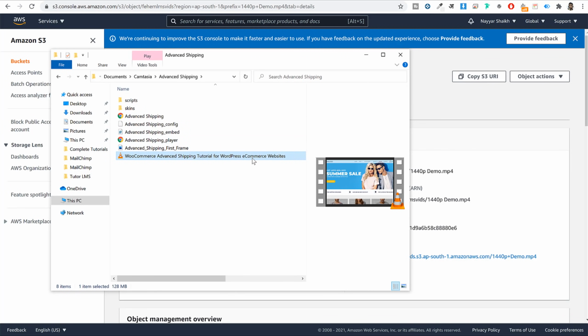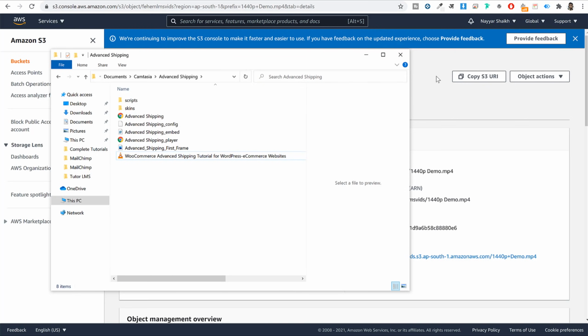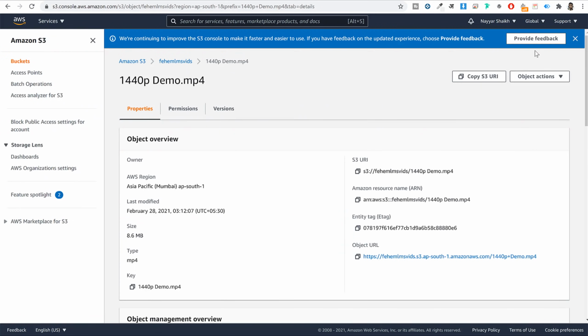Okay, so you have these spaces in between. I would recommend you to make everything lowercase, make everything smaller letters, and delete these spaces in between, and you can type in dash or you can type in hyphen. You can basically replace all the space with hyphen or with dash. Okay, so make sure you remember this thing, and once you upload that video,